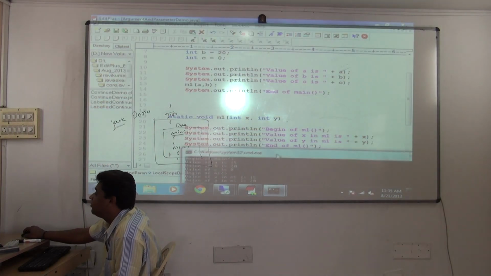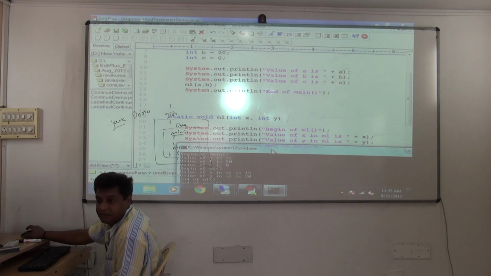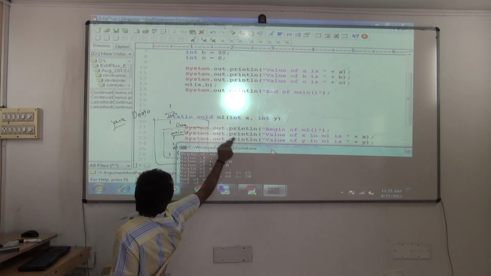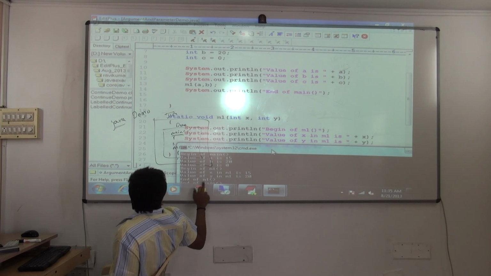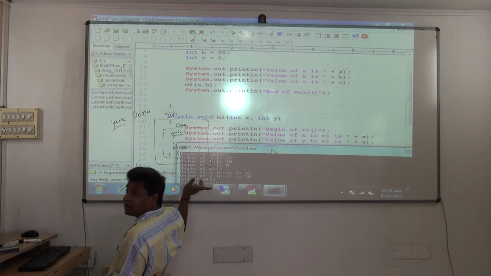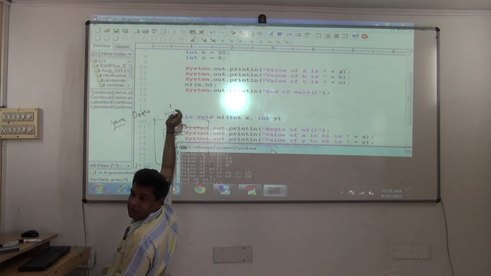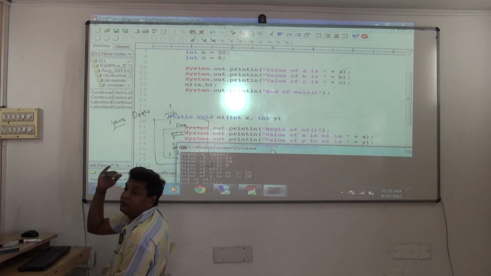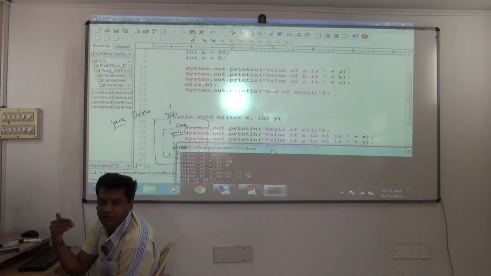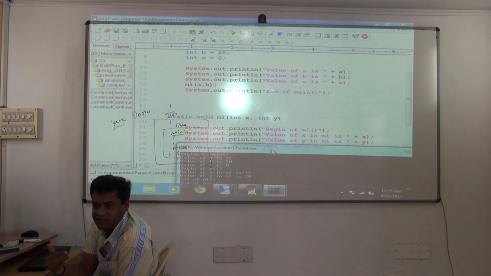M1 has started. Now begin of M1. See, end of main is not printed. It will print begin of M1. Then it will print value of X is, value of Y is. End of M1 also it will print. Then control will come back to main. Means from callee, control shifted to caller. The caller called the callee. After all the statements in the callee get executed, control will definitely return back to the